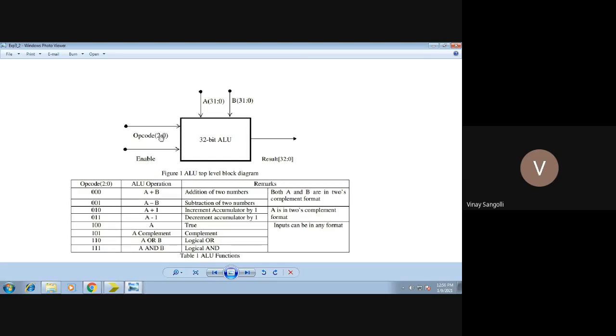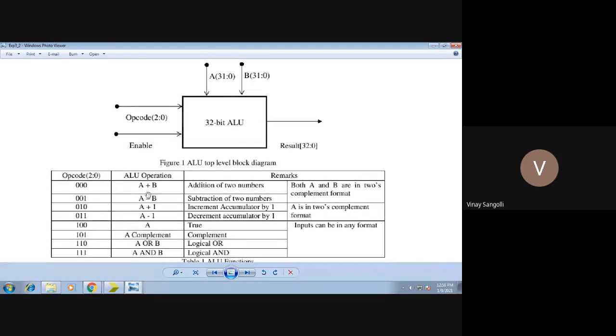For example, say you have 011, then you'll be decrementing the accumulator by 1. That is, if the opcode is 3, you will be decrementing the accumulator by 1, and so on. So like that, they have prescribed us to do 7 opcodes, that is 2 raised to 3, 0 to 7, which is 8. That means we will be performing 8 different operations in your ALU.